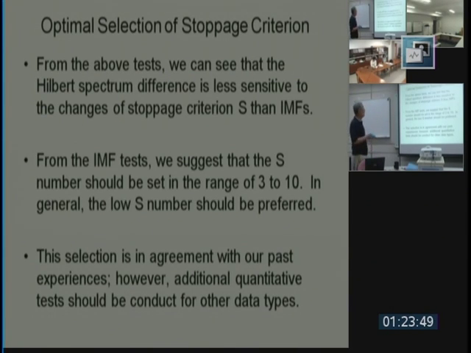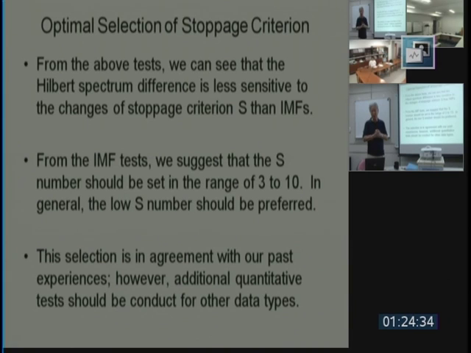So with this, from the above test, we can see that the Hilbert spectrum difference is less sensitive to change in stoppage criteria than the S number criteria is for IMF. IMF is very sensitive. If you get a slightly different stoppage criteria, you get a totally different mode mixing picture. So it is impossible for you to average the IMFs, the individual components. But for the Hilbert spectrum, you can still get a decent average because the Hilbert spectrum has fixed bins on